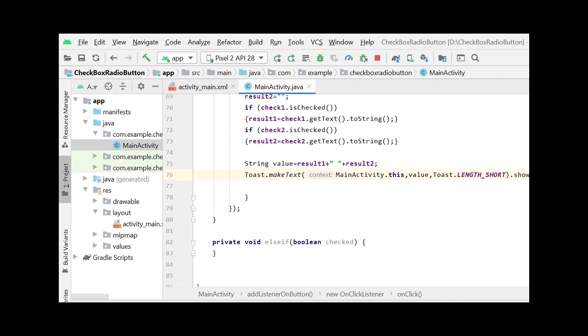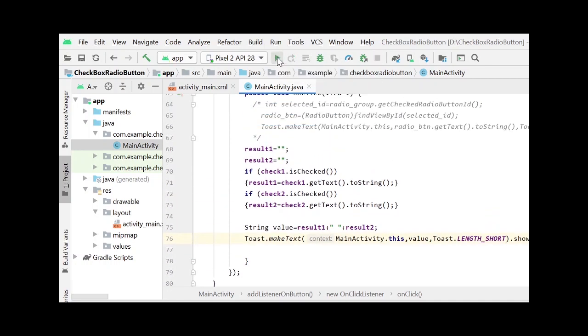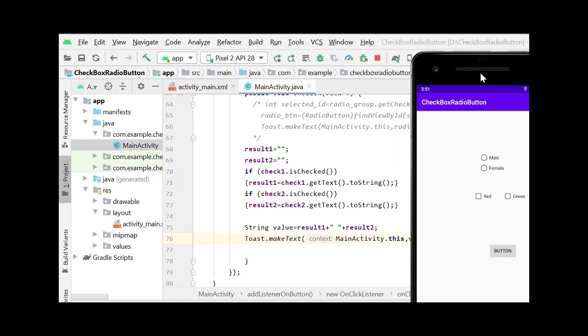Okay, let us try to compile this application. When the user checks red and clicks the button, it displays the red message. If the user checks green and clicks the button, green. If the user checks both, red and green, it shows red and green here.